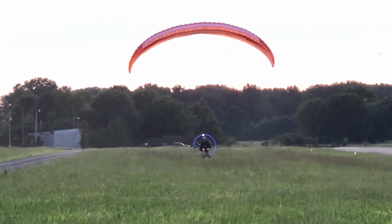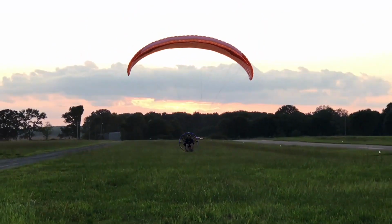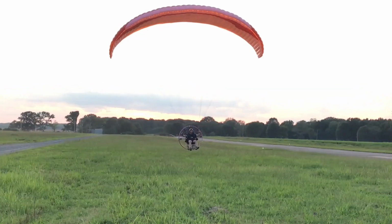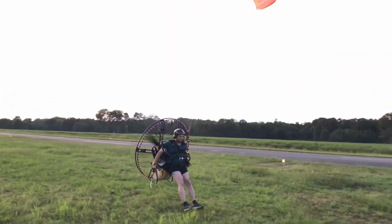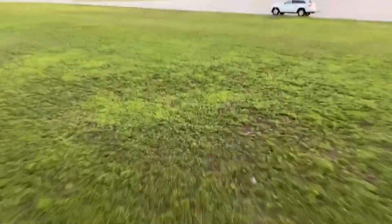Here's another landing. This is called a foot drag to a landing, where I come in and foot drag, and then right when I'm ready to land, I let off the motor, pull the brakes, and I just walk it out. And this is what it looks like from the air. Right there. Look at that. Right by the Jeep. So all I do is turn around, set it there, use my quick link,